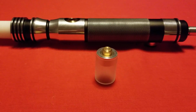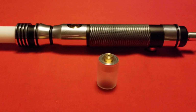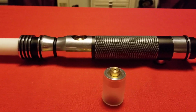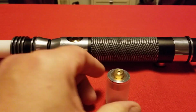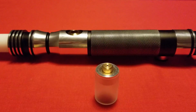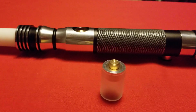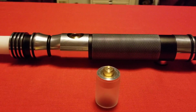About time that I review what I'm affectionately referring to as my precious. And what you're seeing here is my Sabertrio, the latest offering that I received from Sabertrio. And the situation was,